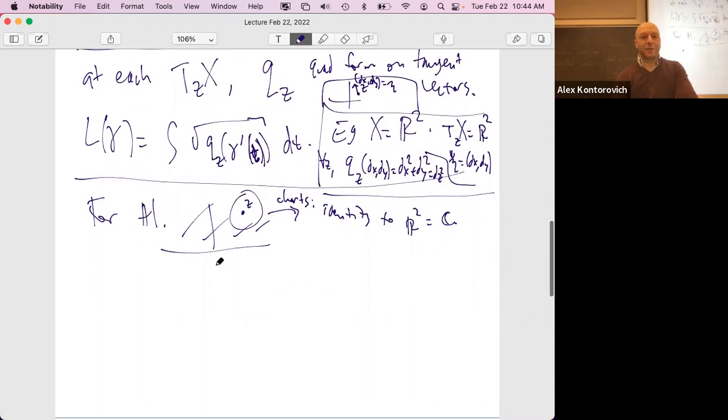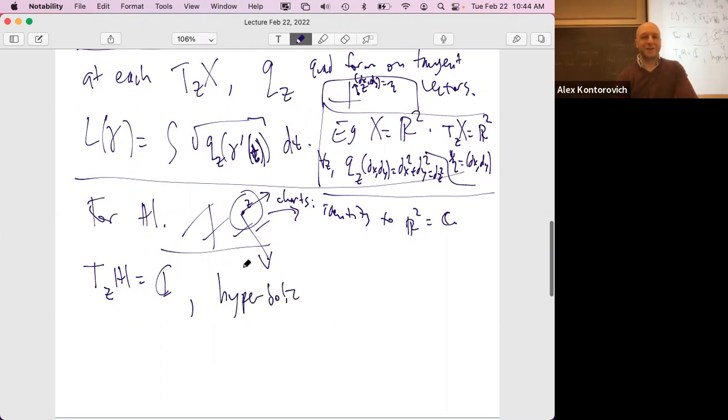And what's the tangent space to a point? Same thing. Yeah, also C, also R2 or C. We can also think about it as C, because we can have any tangent vector in any direction. Right. Okay. So now we need to give a structure, a quadratic form, and the hyperbolic